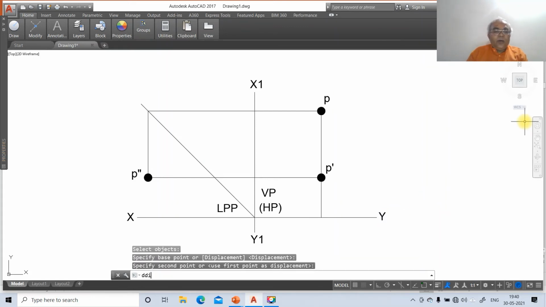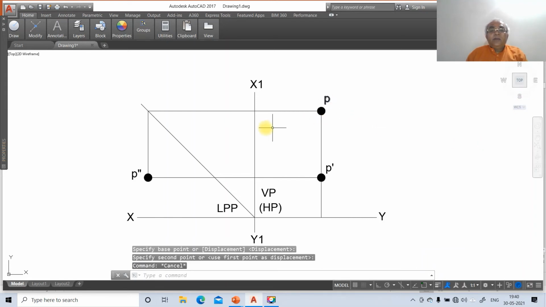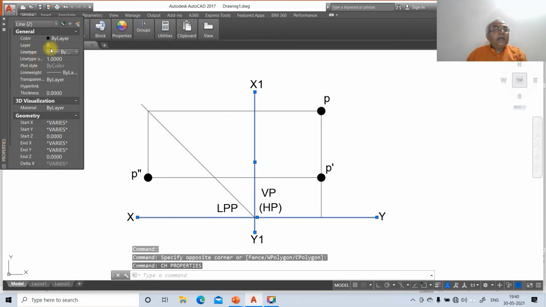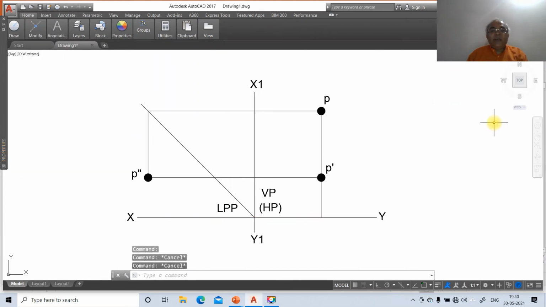Now we need to go for DD. So first we are going to change the layers. So you select this XY line and your X1 Y1 line, you change it to layer as XY, because we need to change the line thickness there. Then you select this line, this P dash and this vertical plane, go to CH.